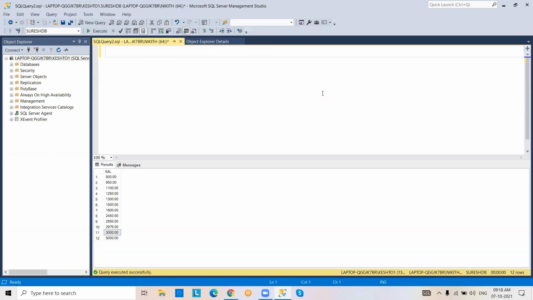Coming to the next scenario, the operators concept we are going to discuss. Different types of operators. We are going to use operators with the select statement only. Generally, you may feel like data is going to be modified in the table.